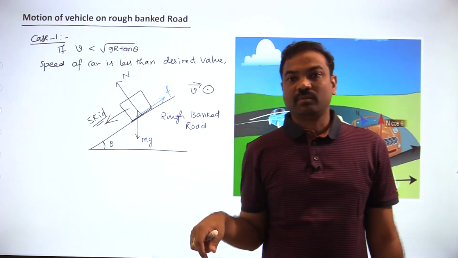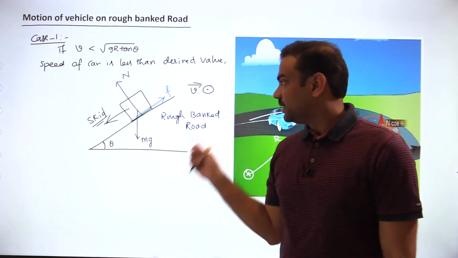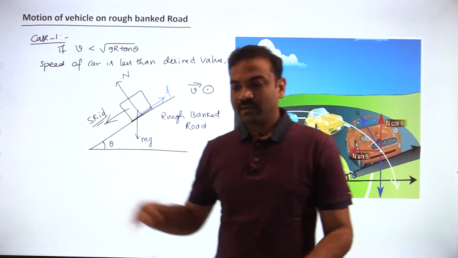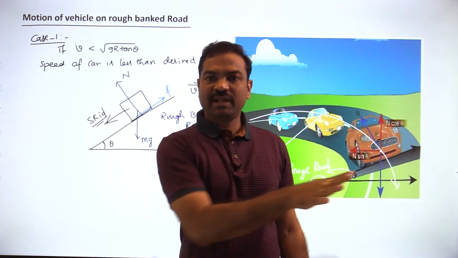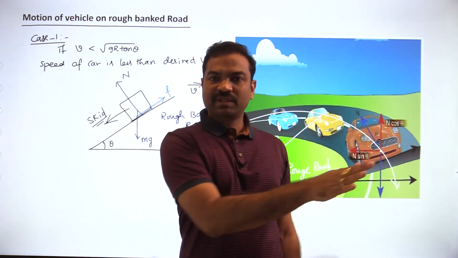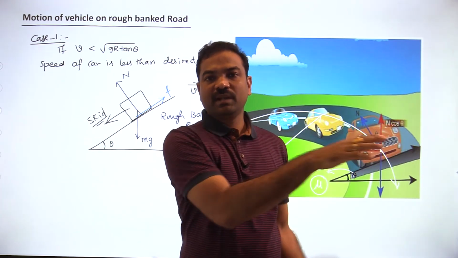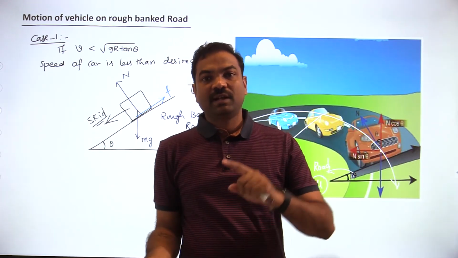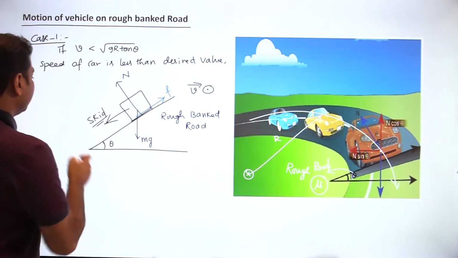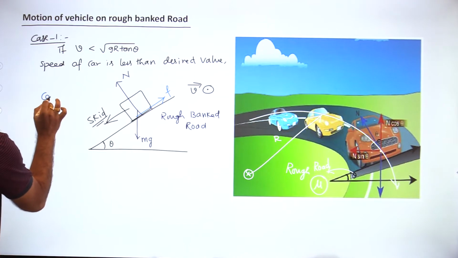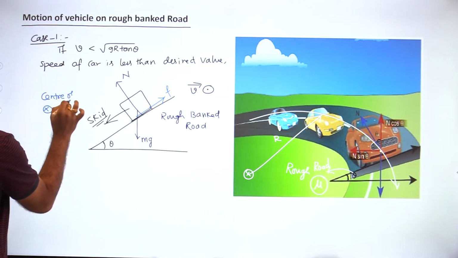In real life we are talking about a rough surface, because a smooth surface is not possible. That's why, while taking a turn, different people will take it at different speeds. If you are moving with less speed and somebody is moving with more speed, then the friction acting on your vehicle and the friction acting on his vehicle will be different. So this is the frictional force. Now where is the center? This is the center. So let us calculate again for the center of the circular path.